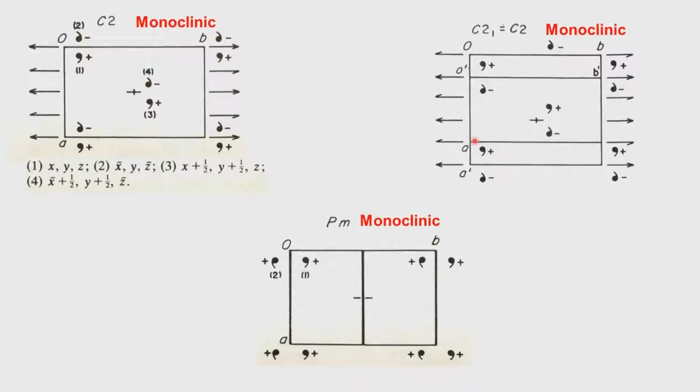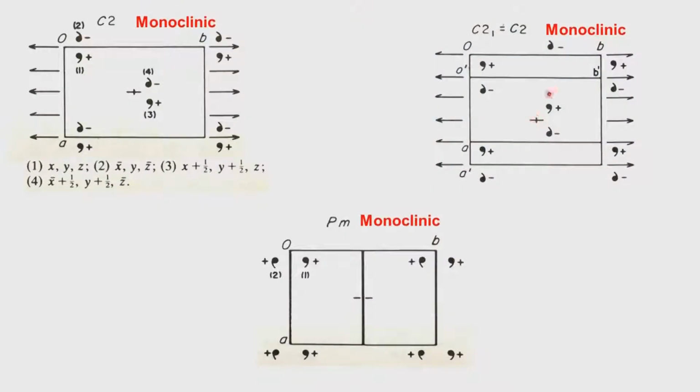Now, the fact that we have these 4 equivalent points inside this box does not qualify C21 to be a standalone space group, because what is happening is the presence of the 2-1 screw at this point and the 2-1 screw halfway and of course, the full way here, they are going to generate a perfect two-fold symmetry at 1/4. The reason why a perfect symmetry at 1/4 gets created is because of the centering. Because we centered at half and half, and then the corresponding 2-1 operation has taken place such that we also get the minus half kind of a situation where these 2 points are generated.